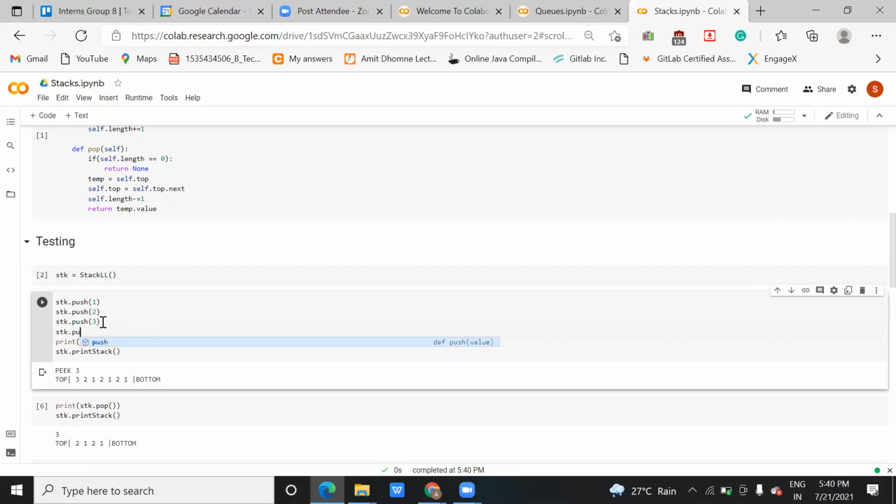Stack push 4. Okay, now 4 3 2 1. Correct. Then 3 2 1. And I have run this also, right? After running this, I ran this one time also, so that's why it has popped 3 and is printing 2 1.